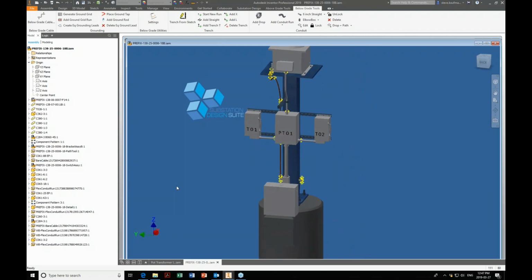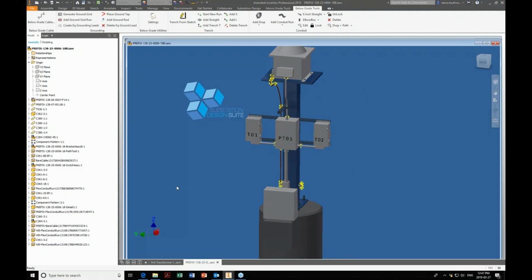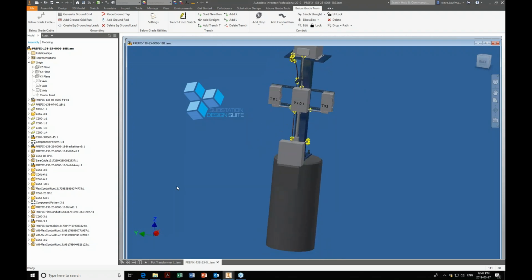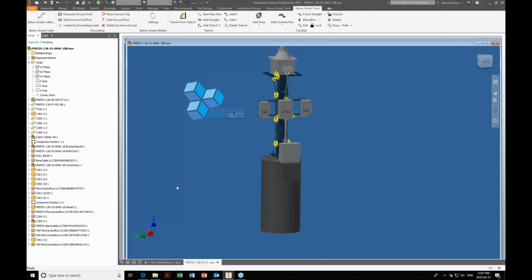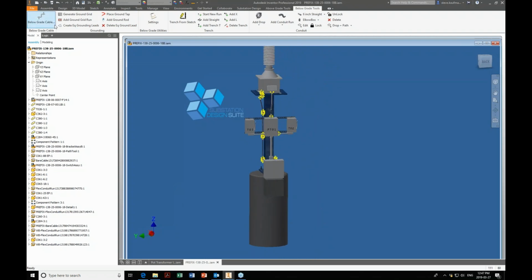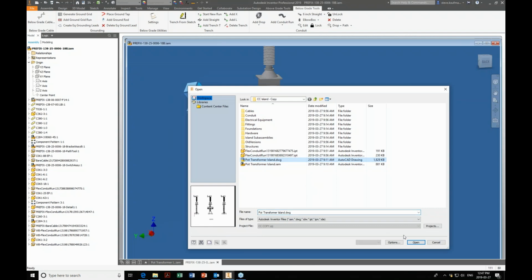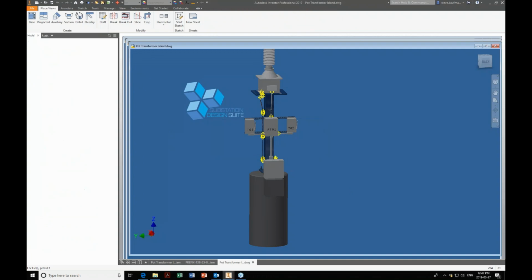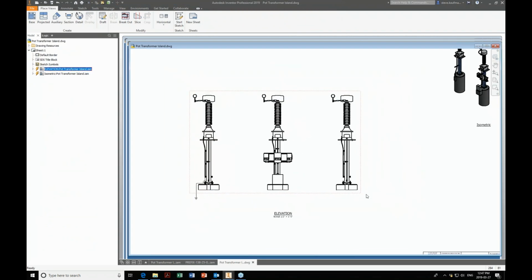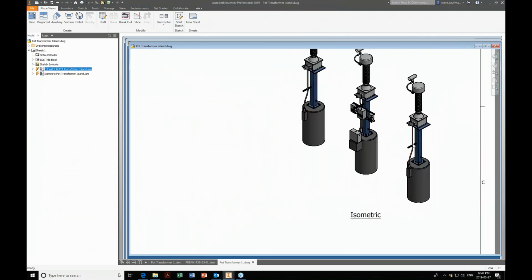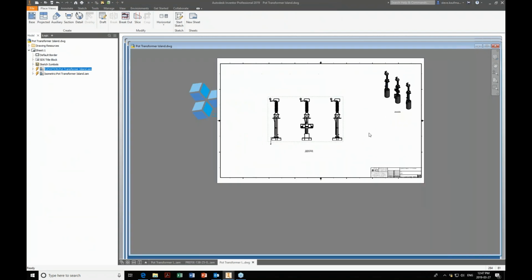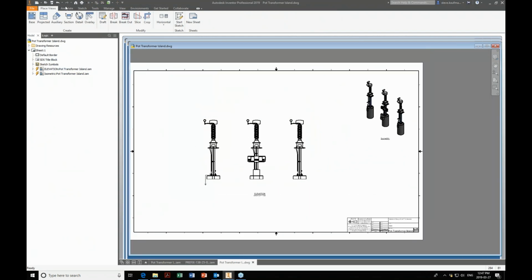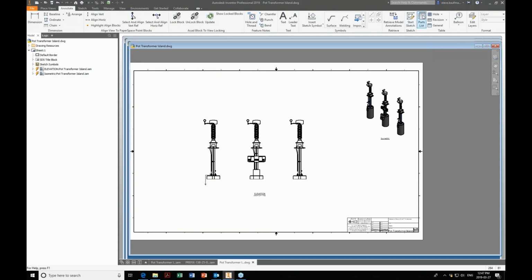But anyway, that's how we're doing above grade conduit. And if you look at the above grade conduit, it's all in here. And if we don't get into the below grade stuff, the below grade is in a separate assembly. So if we save this and bring it into the drawing view, let's open up the drawing view. So you can see our pieces are in here. We have the conduit. Our bill of material is going to give us a length of each of these items. So if I came in here and did a bill of material,